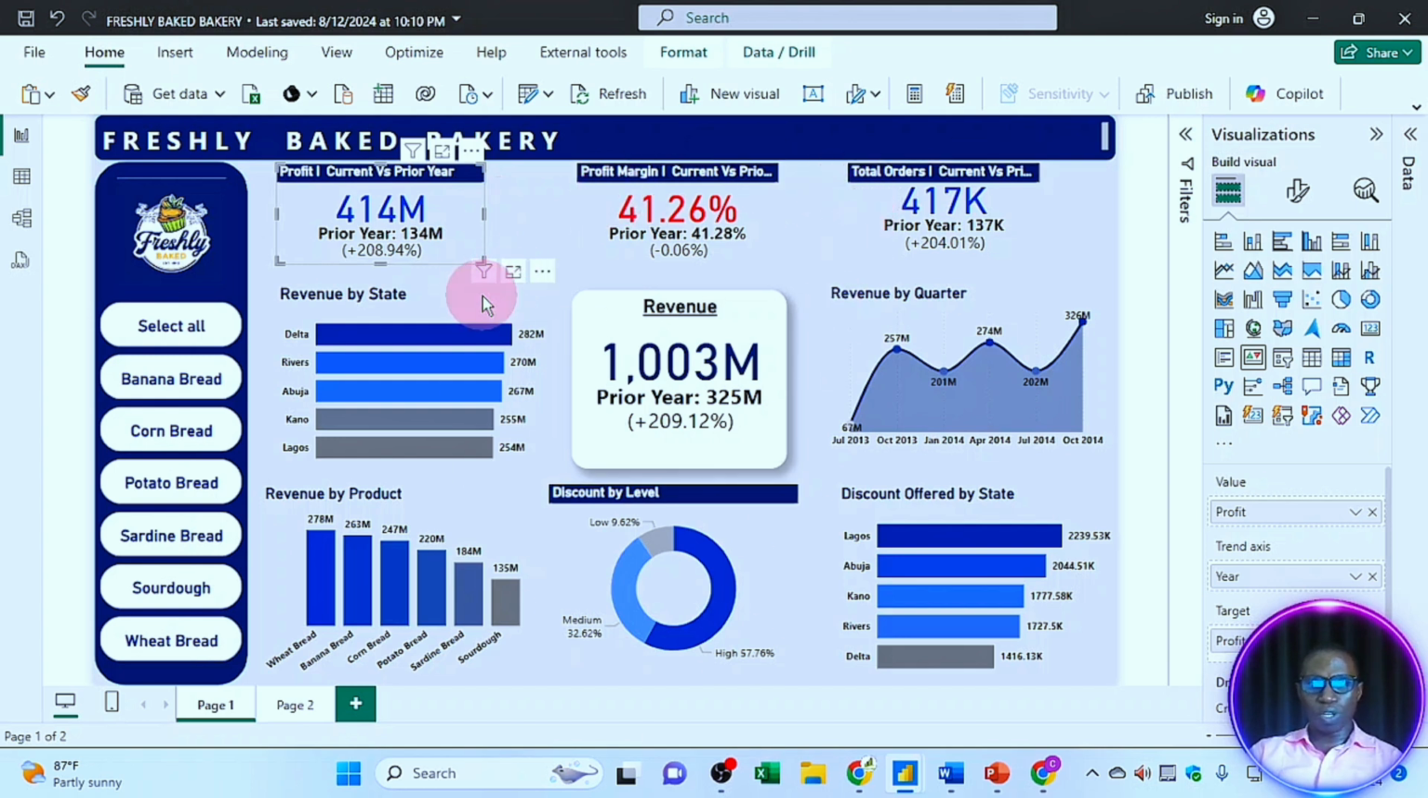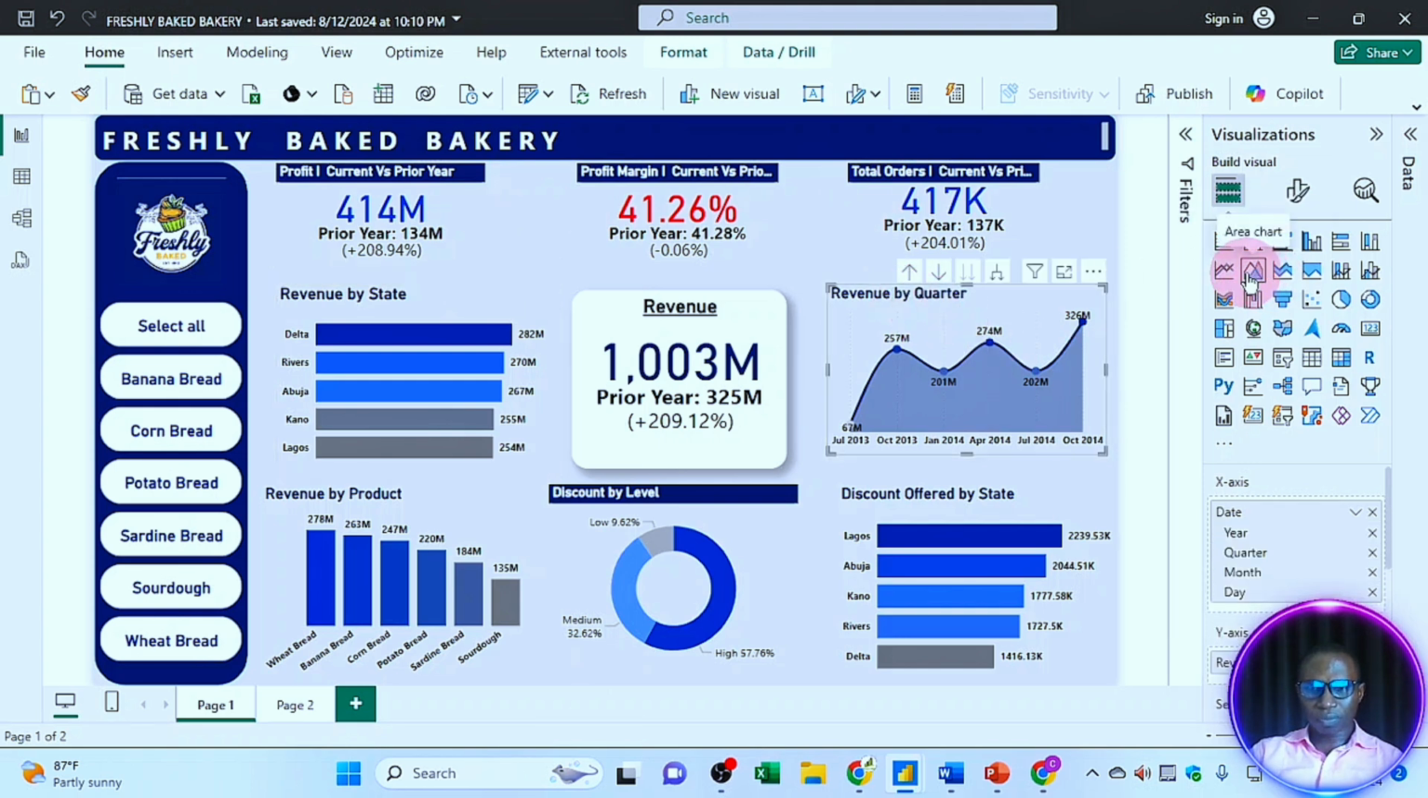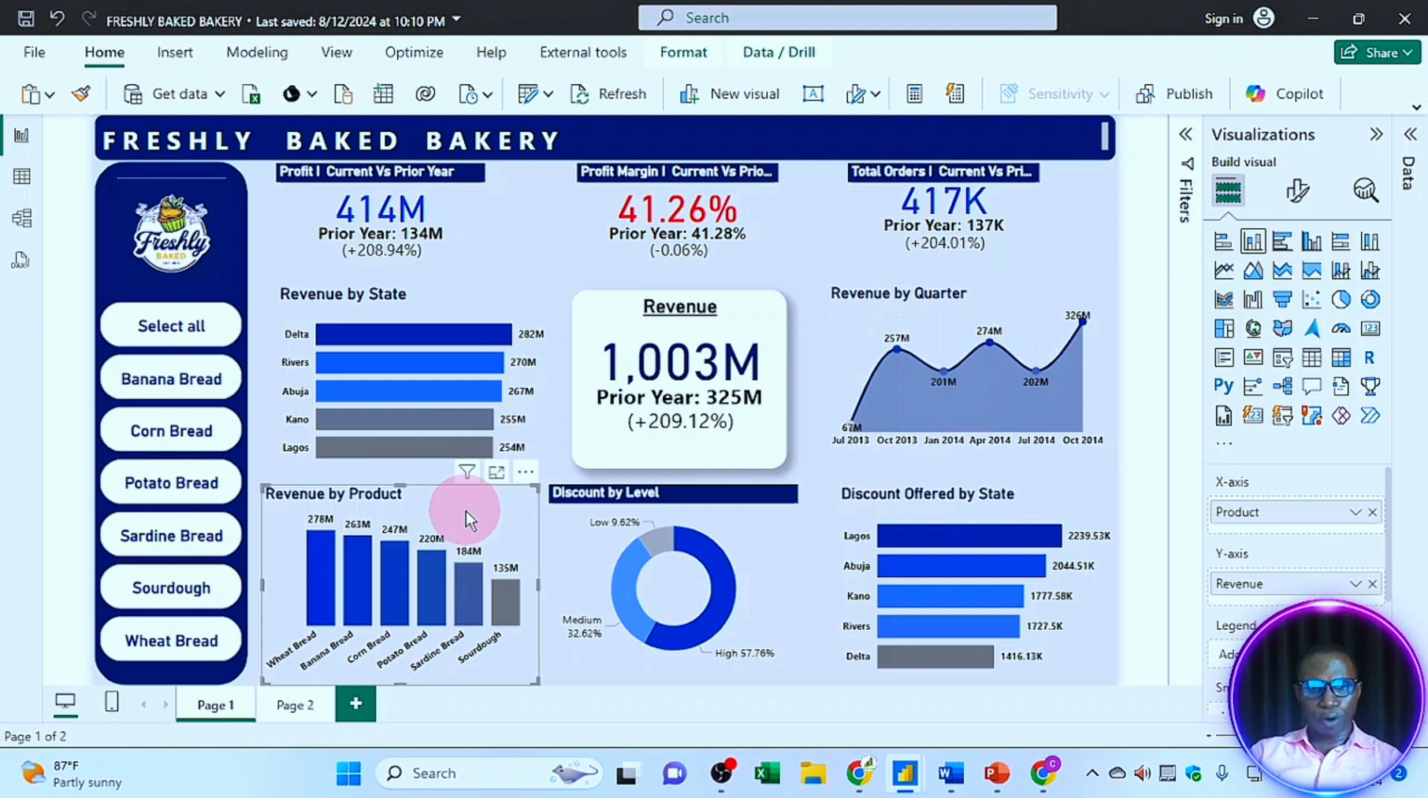Then for this we use the stacked column bar charts. Then for this we use the area charts. While for the revenue by product we still use the stacked column charts. For this we use the donut charts, while for the discount offered by sale states we use the clustered bar charts. So looking at this side,